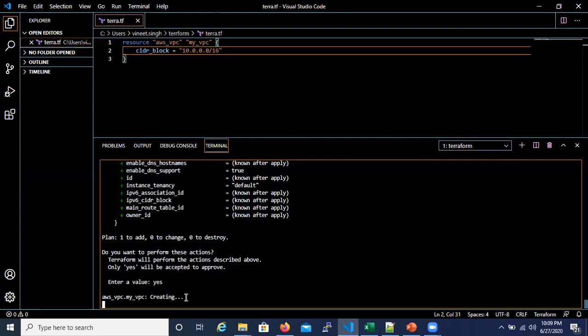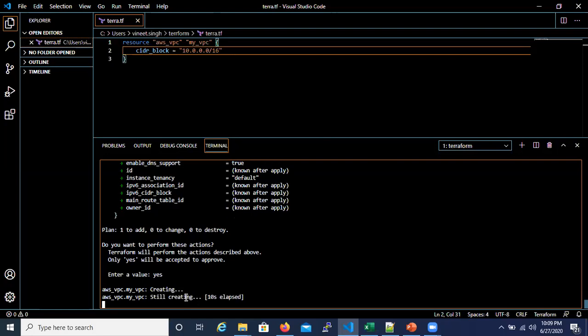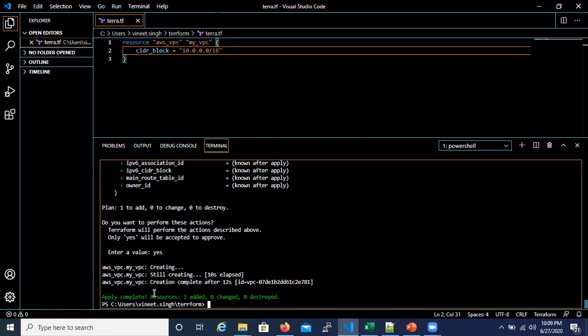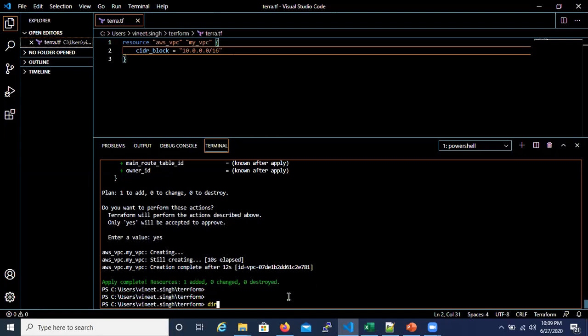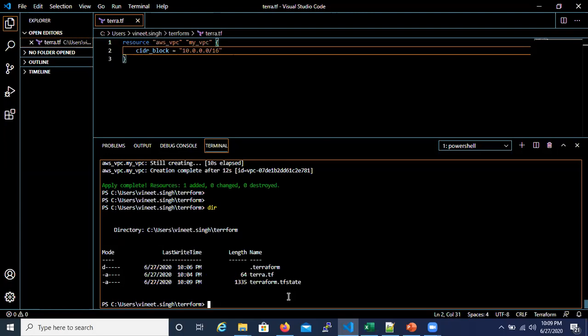It has started creating the VPC. And the result is complete. Resources, one resource is added to my configuration. Now, if I see the current directory of my folder where I had written the code, you can see there is a new file which is generated,